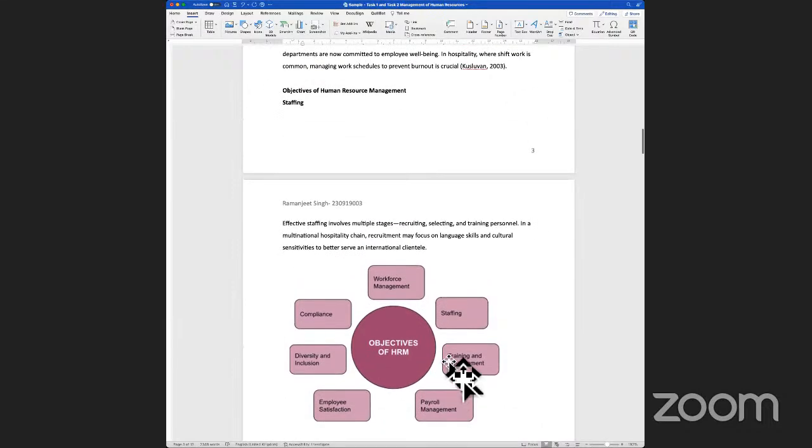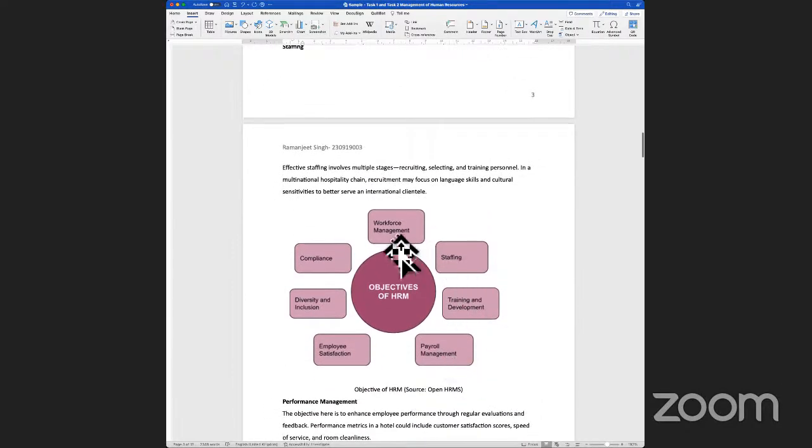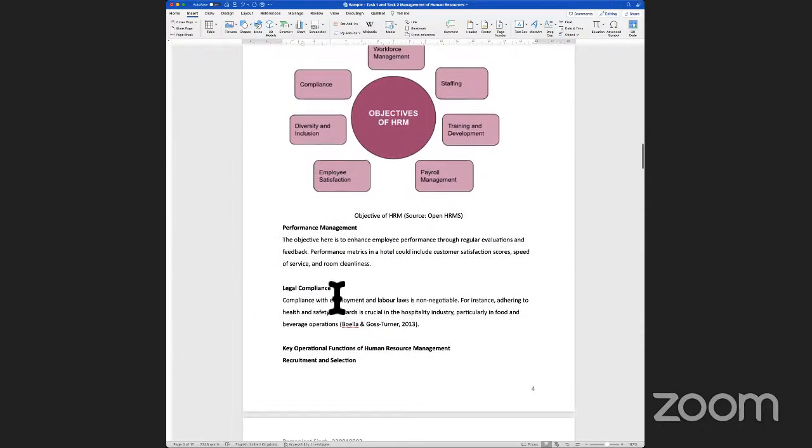Now, essentially, when you look at the objective of HRM, you would need to cover all this: workforce management, recruitment, selection, or the way you would want to word it across. Staffing is recruitment and selection, training and development, payroll management, employee satisfaction, which is employee appraisals, job descriptions, diversity and inclusion, and obviously compliance. Now, these are broader functions that you would need to cover in this particular task. And as long as you have covered these functions, you would be meeting your criteria for this part